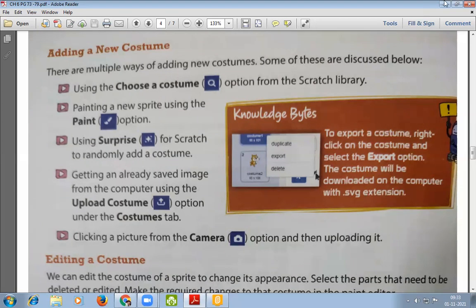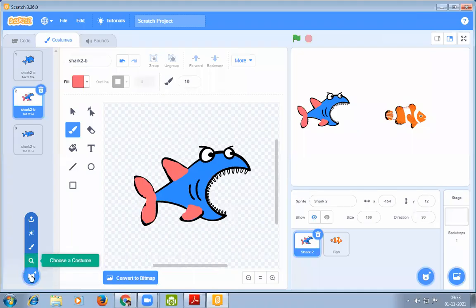There are various ways to add or change costume. For example, this one is the costume of the current shark. Current sprite. If we want to change it, then click on the choose a costume option.